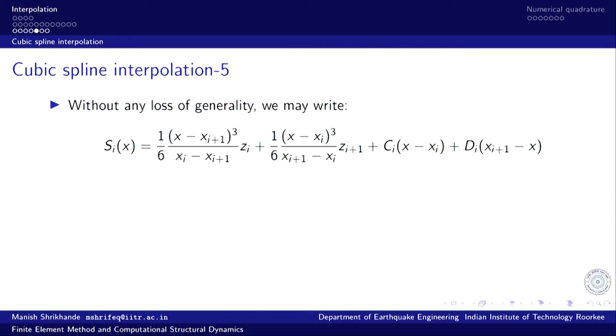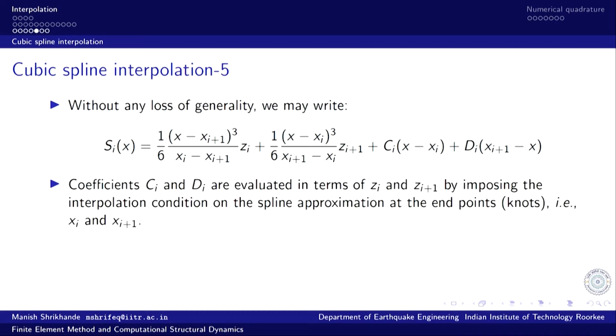So, the second derivative is a linear function. If we integrate it, then we will get a cubic function, and that is what we arrive at by integrating that Lagrange interpolation. Now, these coefficients c_i and d_i for each of these segments can be derived by imposing the constraints. That is just a rearrangement of terms for ease of computation.